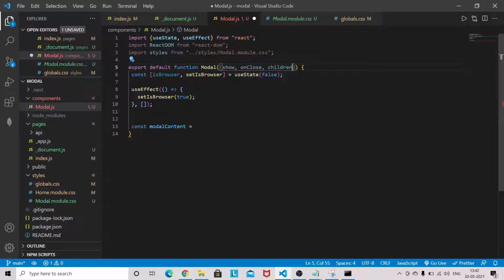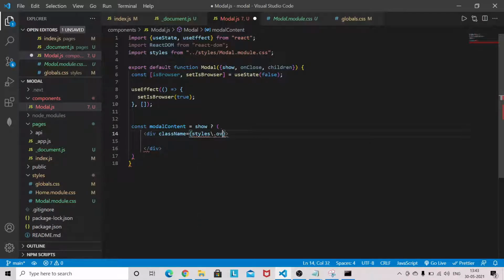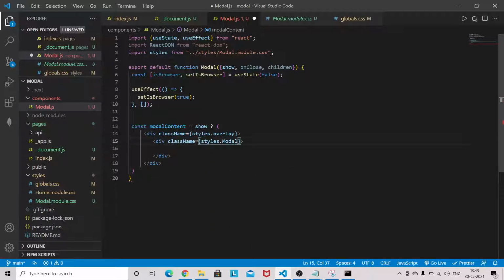Now what we have to write here, okay, so if show, this className styles.overlay, remove the slash, then div className styles.model, not capital.